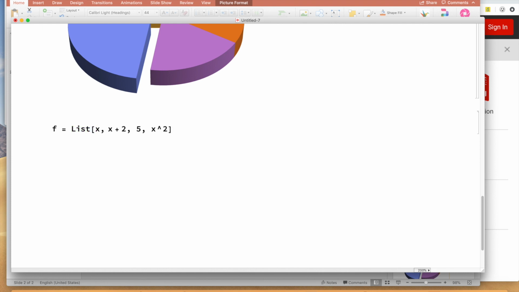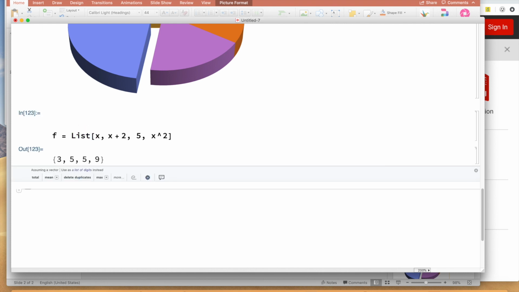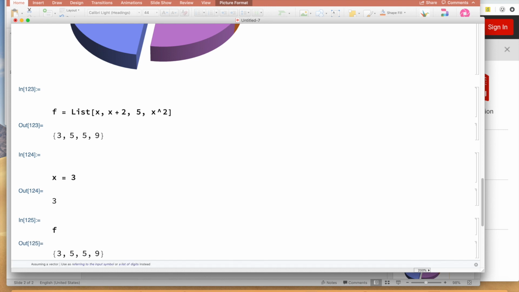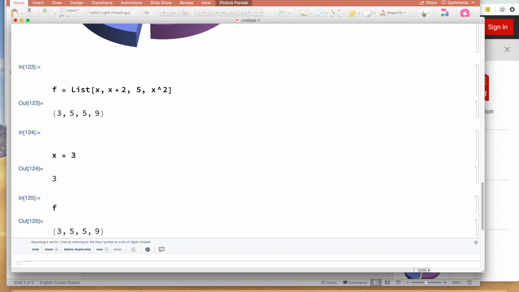See, this is a list, but it's a list that has so many things. I think I should put x before something. Let's make x equal 3, and put f again. Now because x is 3,